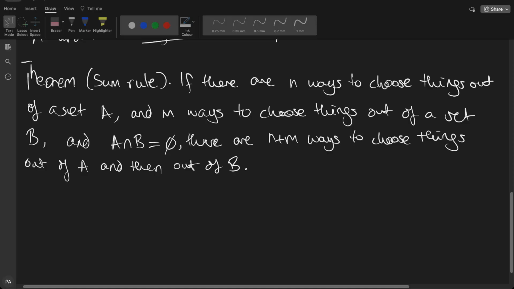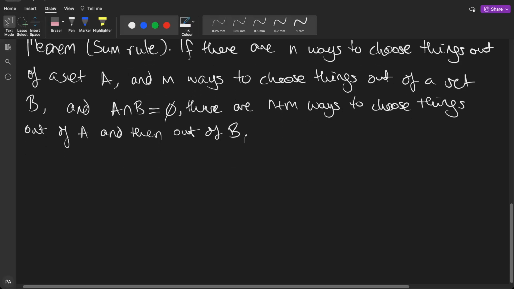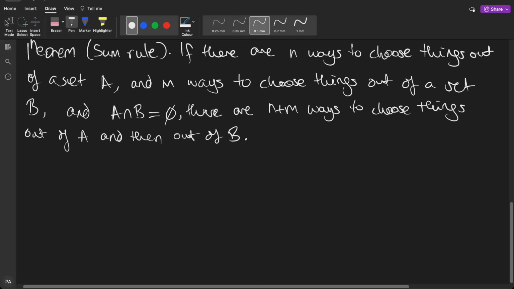Now, we're going to move to a rule which is fairly easy to see intuitively, but the proof is a little bit more complicated. We're going to have to talk about partitions, and that's slightly tricky. But we're going to do it. No worries at all. So, let's do a little definition here